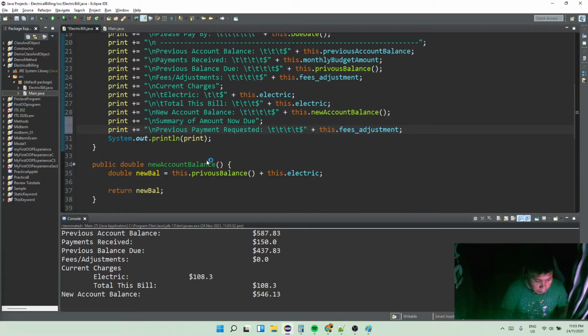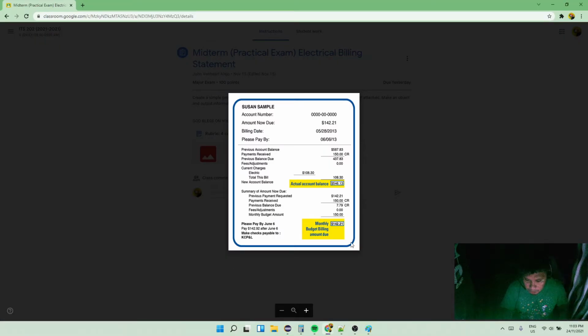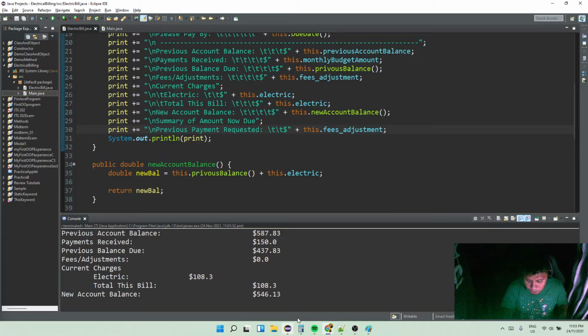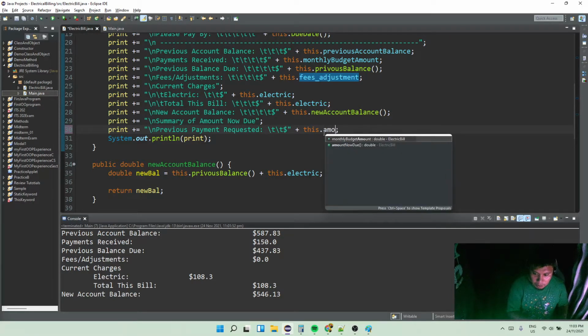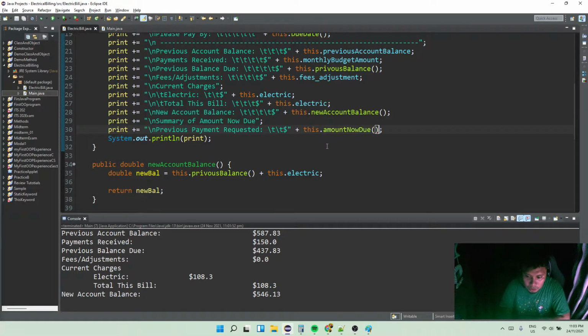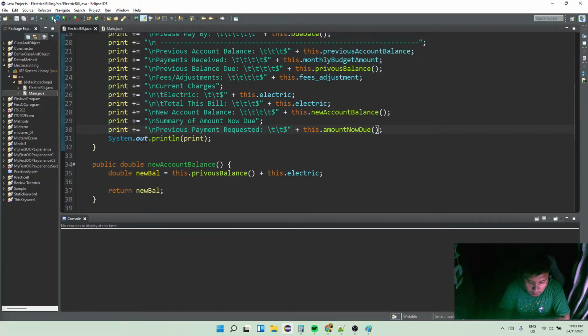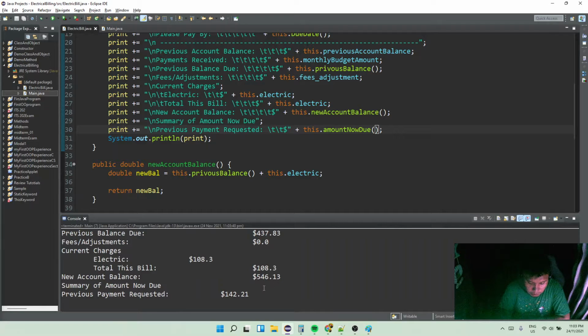So previous payment requested, it's still the same with the amount due, right? 142.21 is still the same with the amount now due. So basically we can use the amount now due. Amount now due. Okay, so run it. So 104.21. So add,